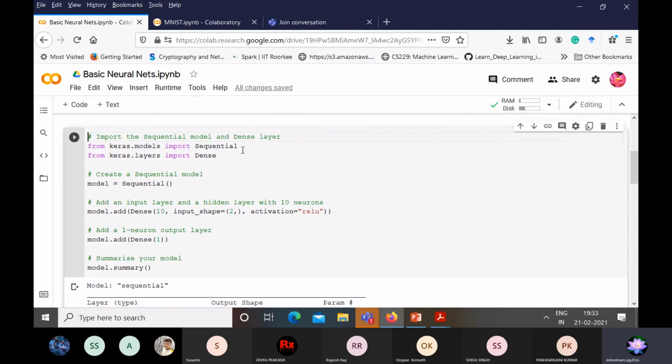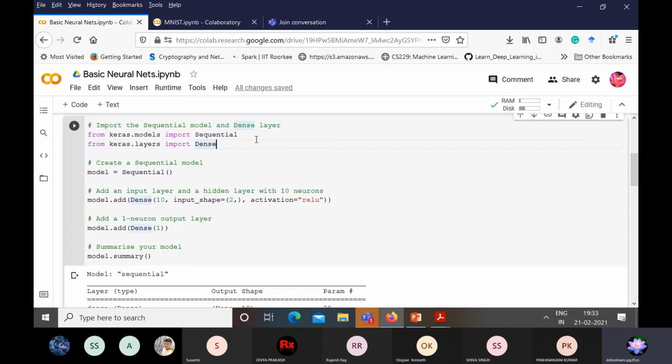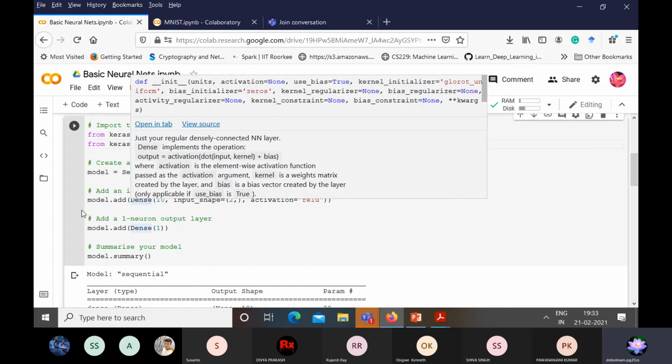So you have these libraries in Keras. First we will import from Keras.models the Sequential model. Sequential model because we are going to add one layer on top of the other. So first we will have one layer, and we will add the next layer on top of it, stack it. That is why we have this particular library. Dense, because we are going to add the number of neurons in that. So that is why we have this dense layer.